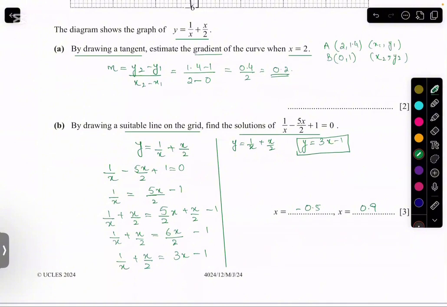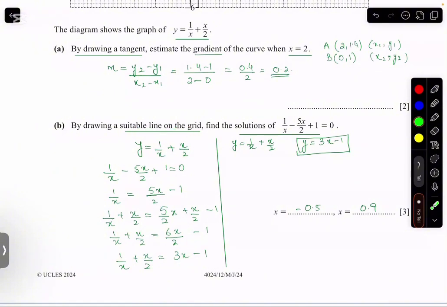Whatever term you don't have, just bring it on the other side and then balance it. Like I can see that here we have balanced it with this x by 2. This x by 2 was already there in the given equation, from which our actual graph started. So to get the solution here, I have balanced it with this x by 2 and then just solved the equation, getting this linear equation which I have to draw on the grid.